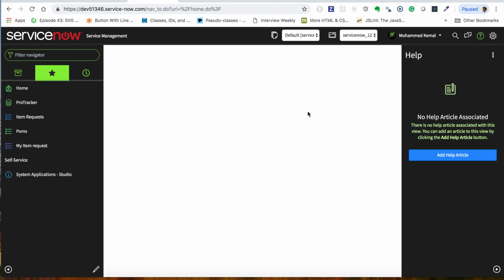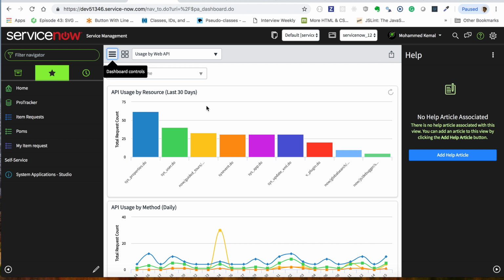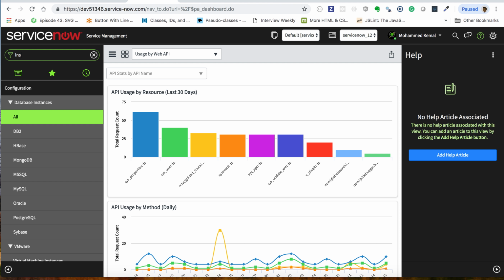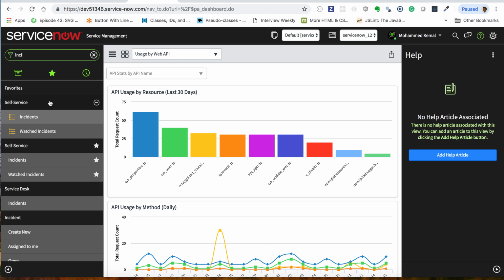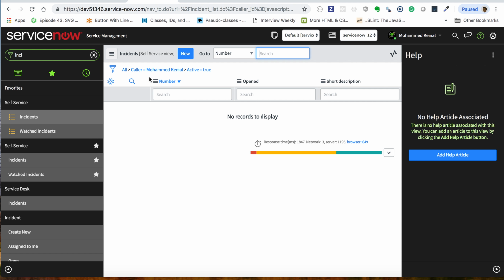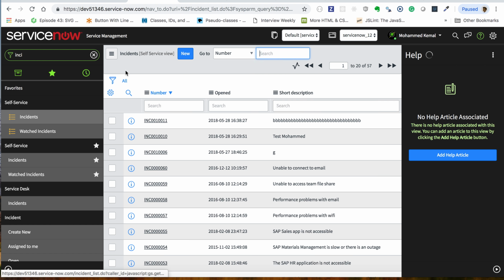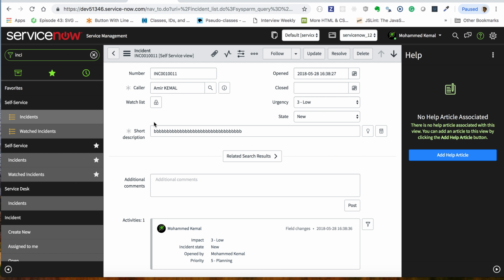Alright, so go back to my instance right here. Today we're going to look at some of the basic things. I'm going to first take you to the incident table. So I'll take you here to incident, and actually I'm going to click all the incidents and just click here the table